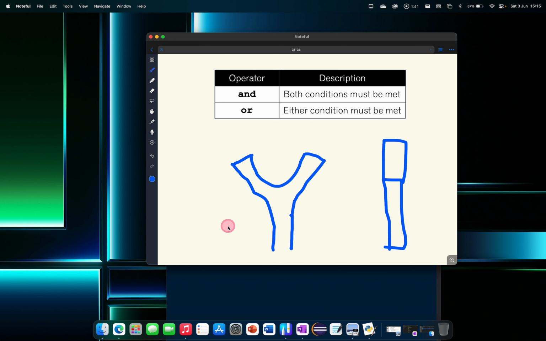Now this would be the or and this would be the and. Now if you're going to get to the end, which is here,